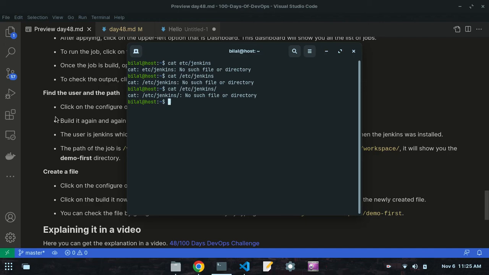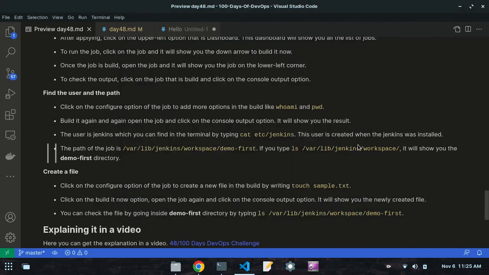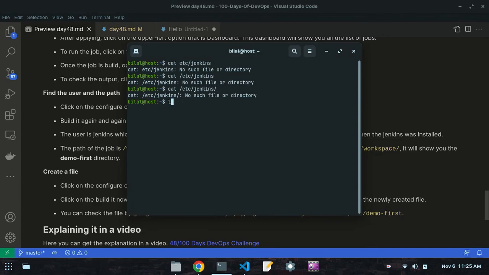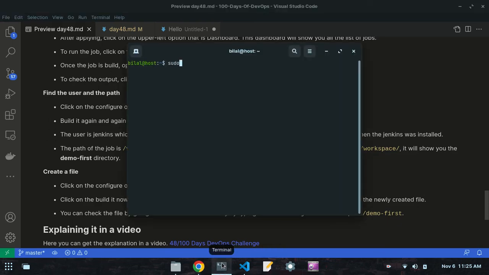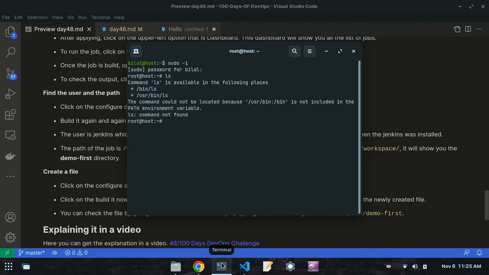I don't know why. The user is created when Jenkins was installed. So basically it is not showing me the result. Why? Because maybe I should write sudo, and now after giving the password I will write,